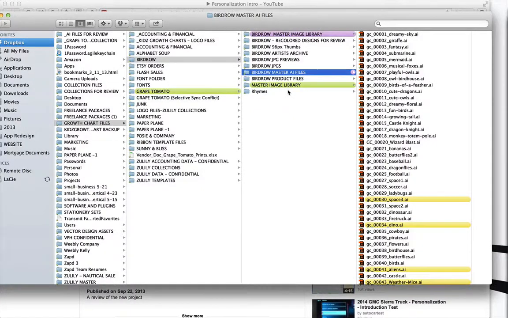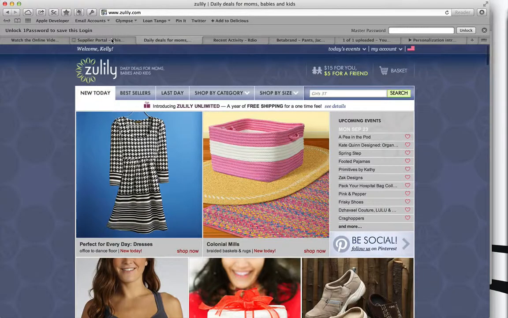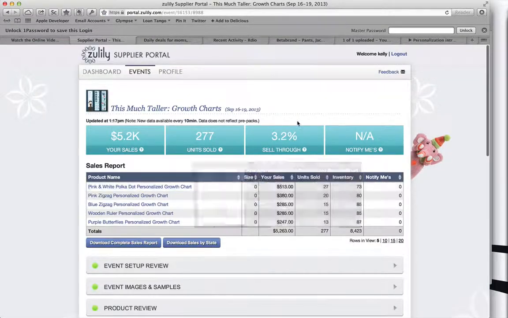In this video, we're going to just quickly talk about the basics of personalization. At the end of each sale, I will provide a link to a Dropbox folder that will be a copy of the original Adobe Illustrator files that you will be working with for this particular sale. The way it works is we will basically provide to you an Excel spreadsheet